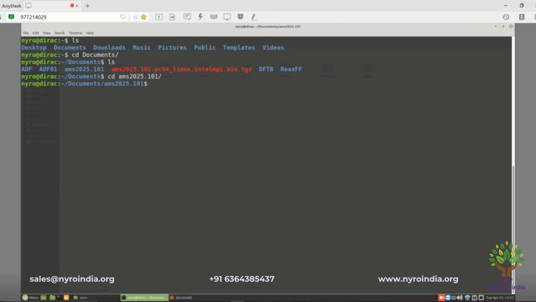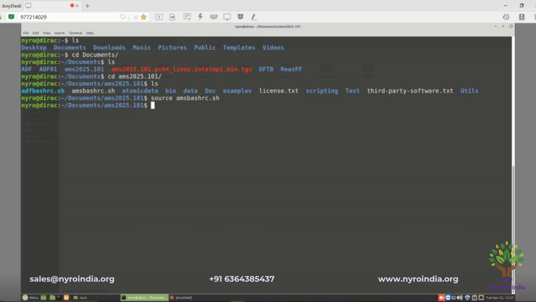files. And now I'm just listing out what are the different files available in this AMS 2025.101, and you can see adf-rc.sh, ams-rc.sh, license.txt file, etc. So before launching the software, I have to source this ams-rc.sh file. So actually, why before running the AMS command, AMS job command in the terminal, why we need to